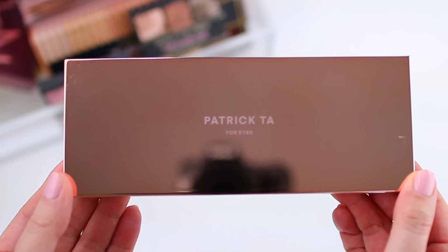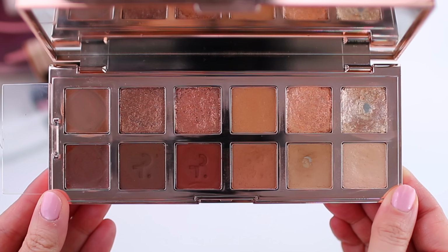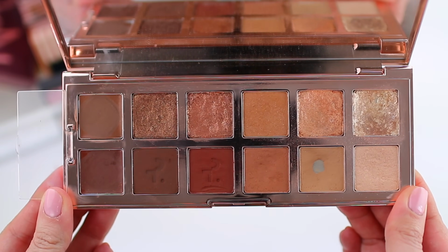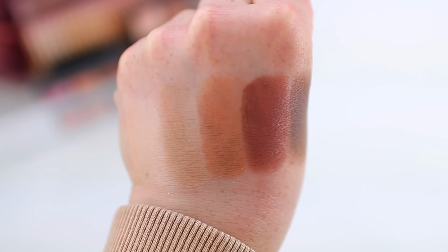But at number 4, I did put the, or wait, is this 4? Yeah, I guess we're already at number 4. The Patrick Ta Major Dimension 1. I do use this palette more than I use the Flower Beauty palettes, which is why I ranked it just a little bit higher, because this one comes with really beautiful metallics as well as gorgeous matte shadows. I have hit pan on 2 of the shadows,